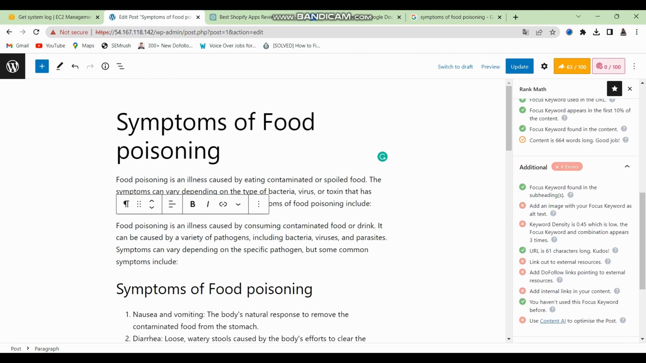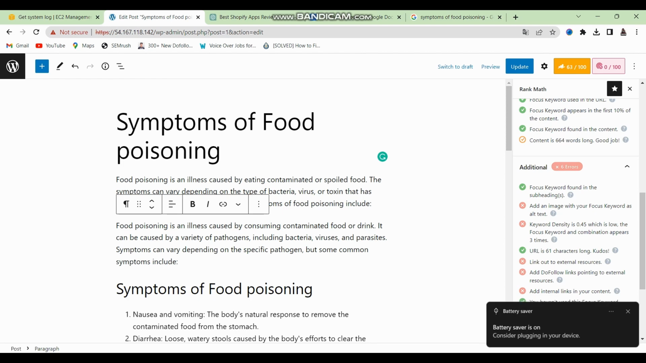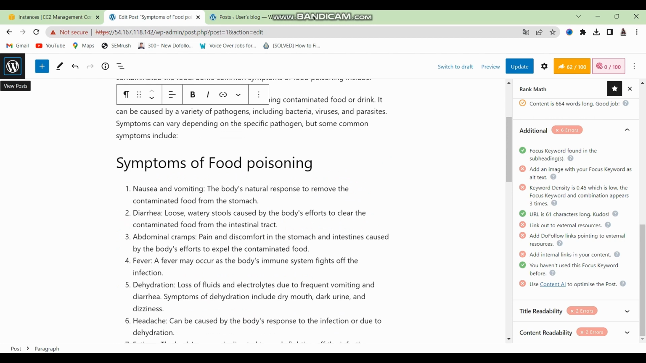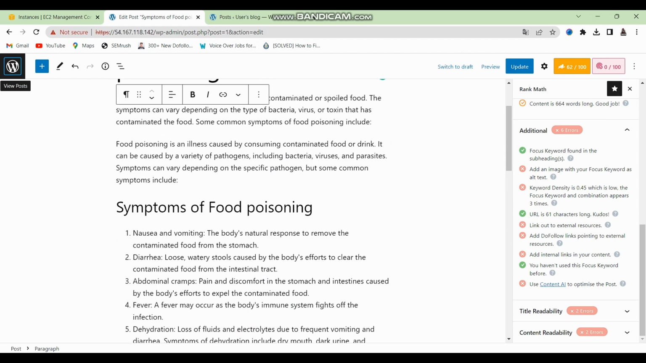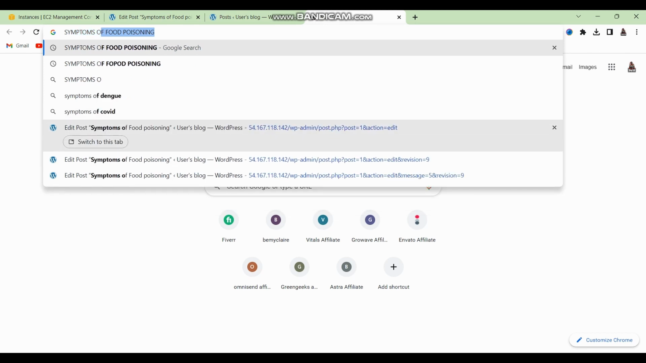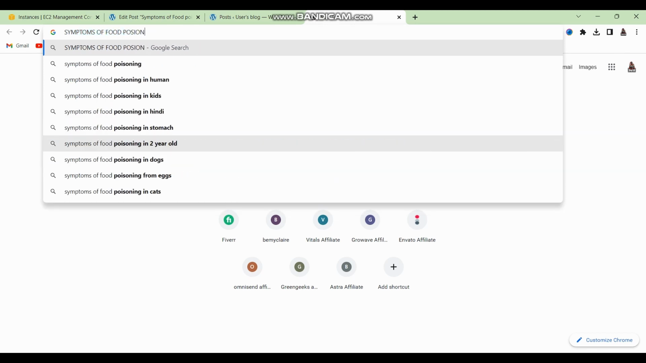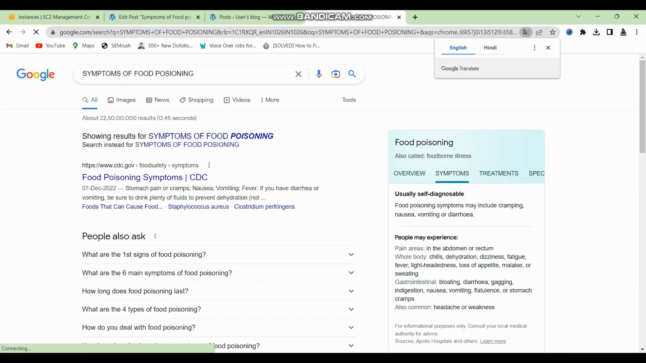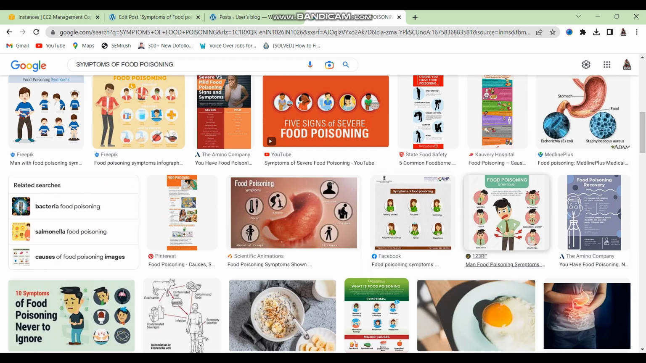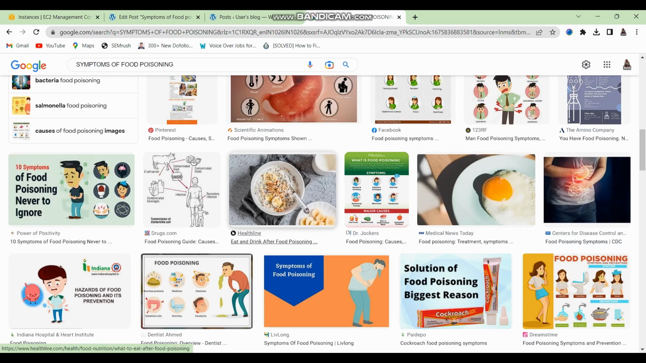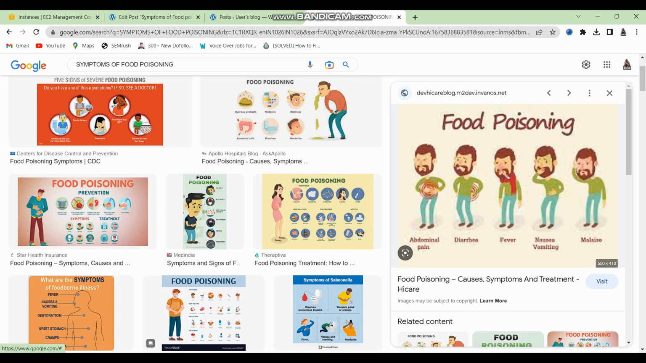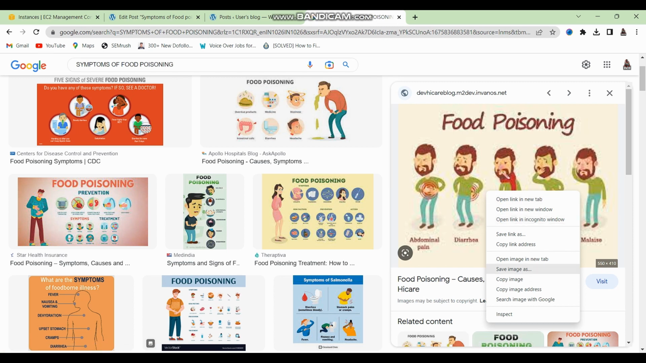The SEO score again increased, and they want us to add an image inside of here with the focus keyword. So let's just go ahead and do that. What I will do, I'll just add a relevant image to this post right here. So let me just go ahead and search in Google for symptoms of food poisoning. And let's go into the images section. And what I will do, I will just select one of these images right here. And I think this is a good image for me to use. Let me just go ahead and right click on this,